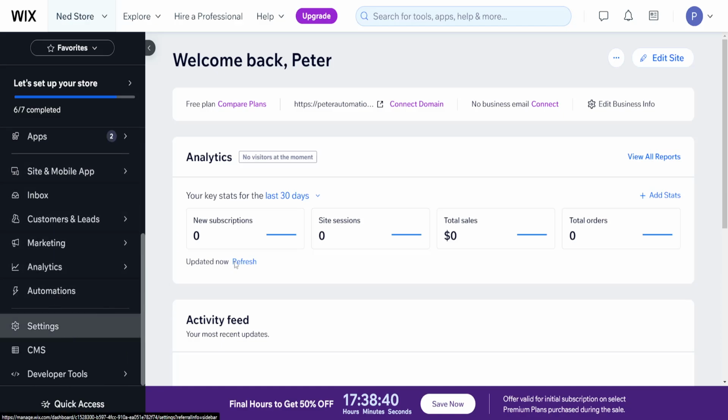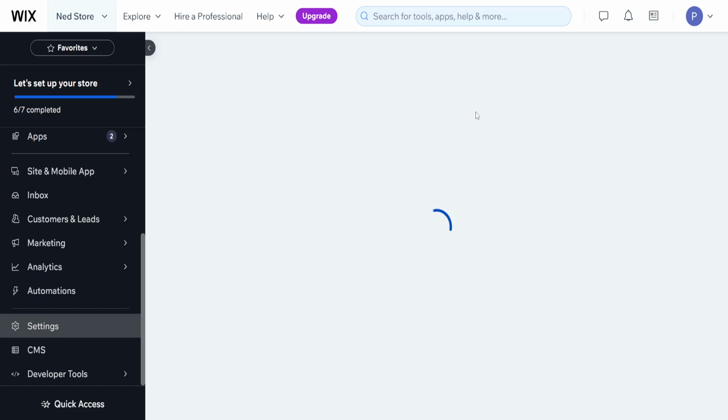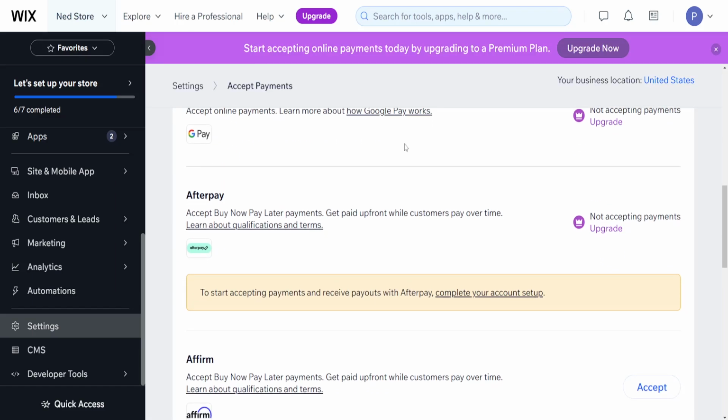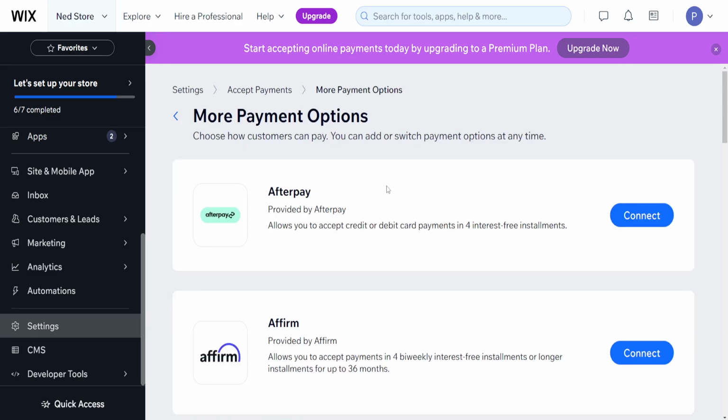Click on settings. Now right here we will select accept payments, and then it's going to load up a list of different payment methods. So scroll all the way down. Because Square is not on this list, we want to click see more payment options, and again we will scroll